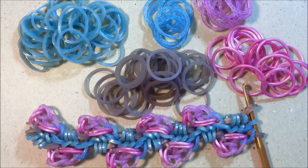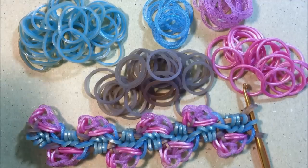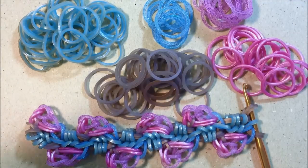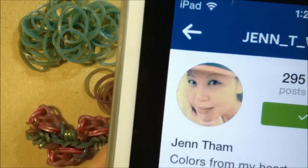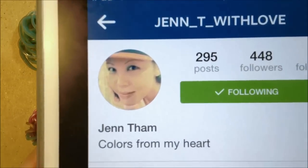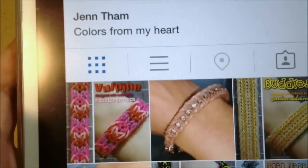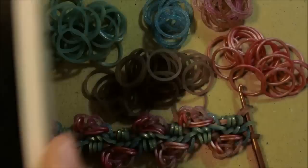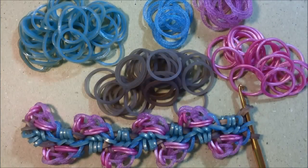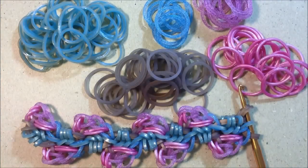Today I'd like to show you this design in front of me here, and this design is called Crystina, and this design is made by Jenn Tham. I'll show you her Instagram account is Jenn T with Love. Okay, that's her account. And I've shown you her account before, and Jenn is Crystina's very good friend, and